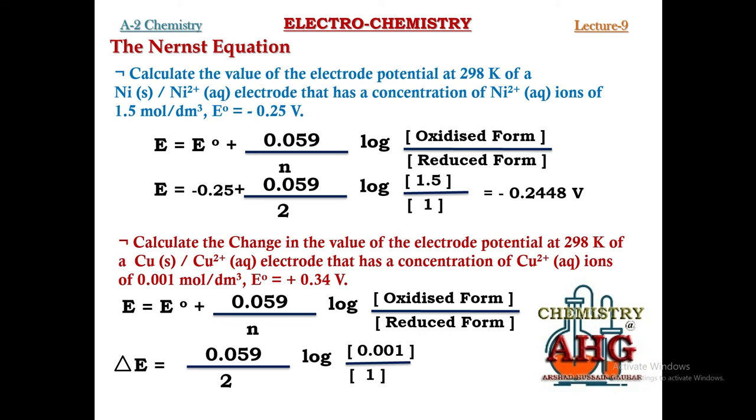The answer in this case is only the change. This is not the new electrode potential. Keep in mind, you will look at the wording of the question properly in the exam, and then calculate accordingly. So in this case, the answer is the change we expect in the half cell of copper when we decrease the concentration of copper ion to 0.001 mole. Okay, moving on to another style of question. You can see these in your past papers.